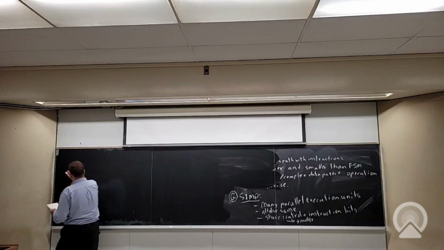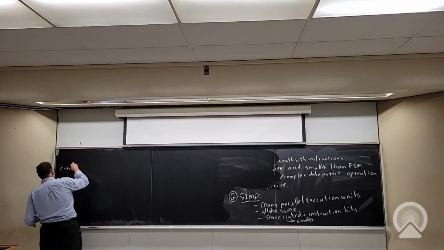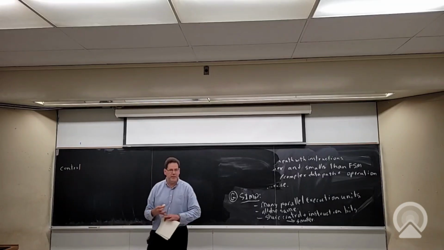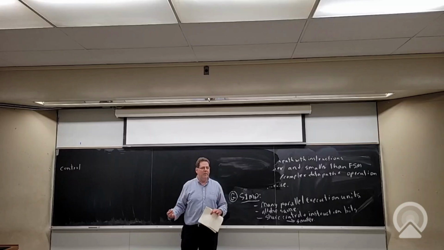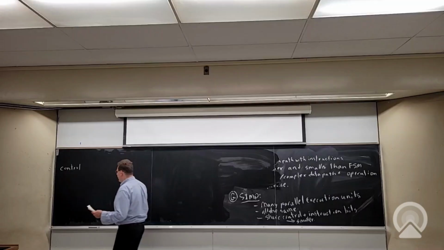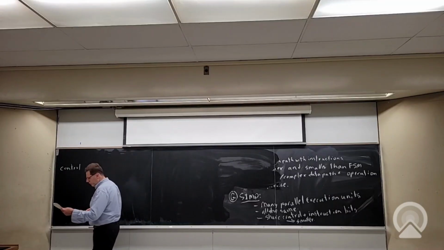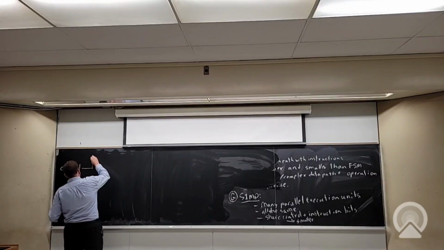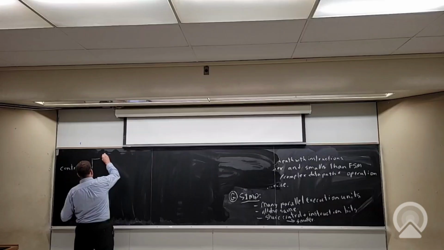Okay, so with SIMD, it doesn't actually have to be an instruction memory. You can actually use SIMD with a finite state machine as well. Those are sort of orthogonal choices. You'll often use an instruction memory, but it could be a finite state machine where you just broadcast the control signals. But the idea is you have one control, and that control goes to a whole bunch of identical functional